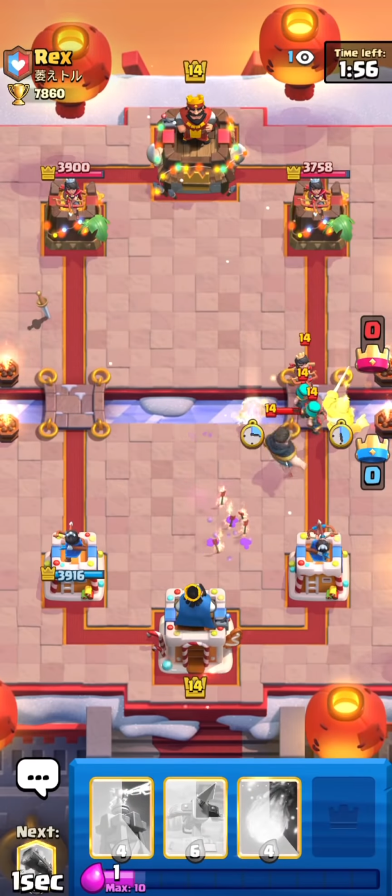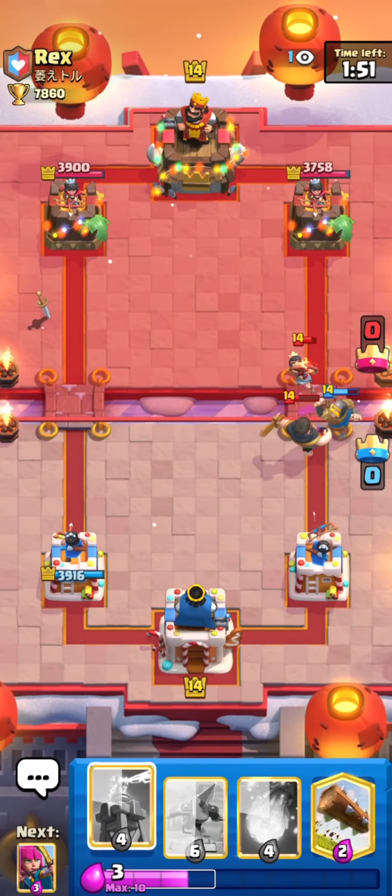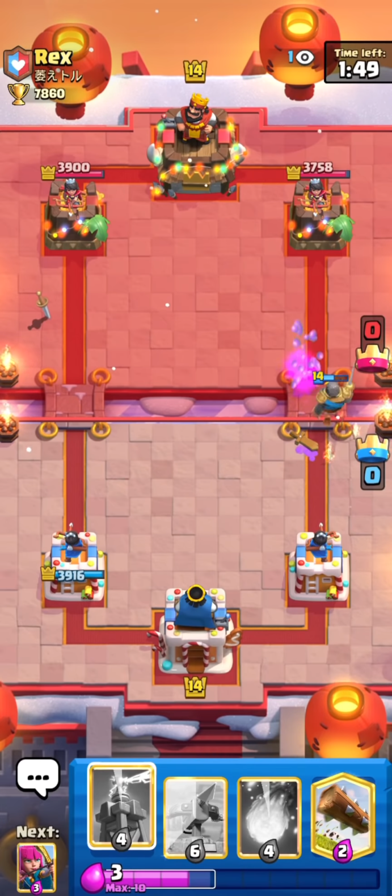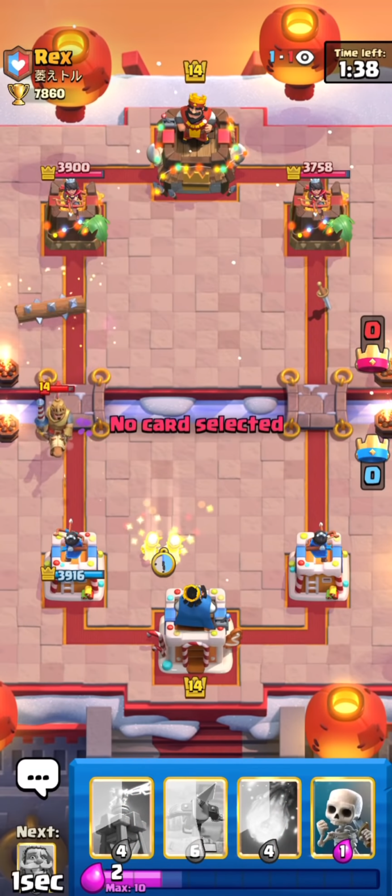Gonna go skeletons low, Knight up high, and then E-Spirit on everything to take one hit of the Rascal boy, as well as let my Knight one-shot the Rascal girls, and also does take out the princess after, so pretty decent sequence. Now we're going to have to worry about a prince, since we did just use our knight and skeletons. There it comes, so we're just going to log this back, go archers, and then cycle back to skeletons